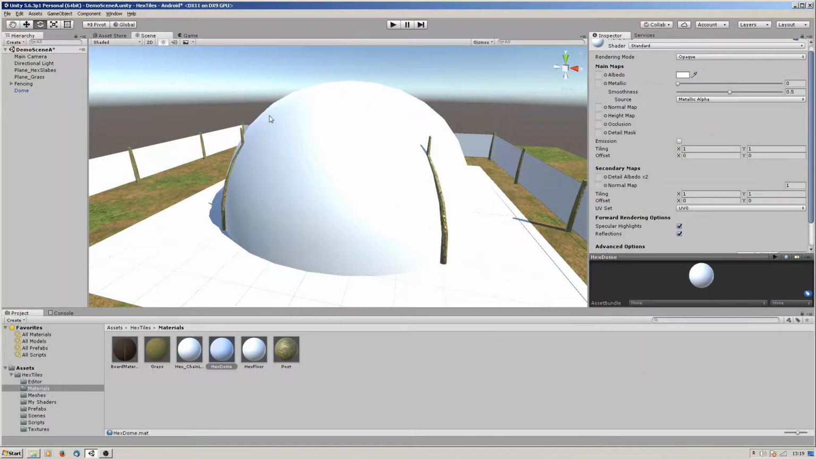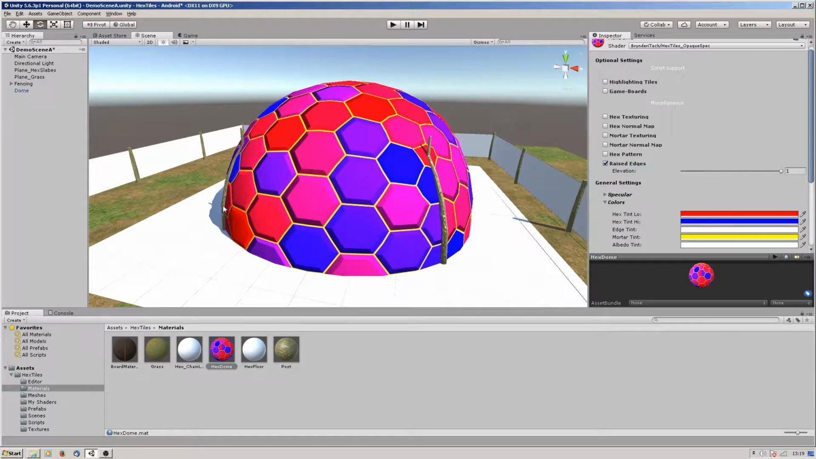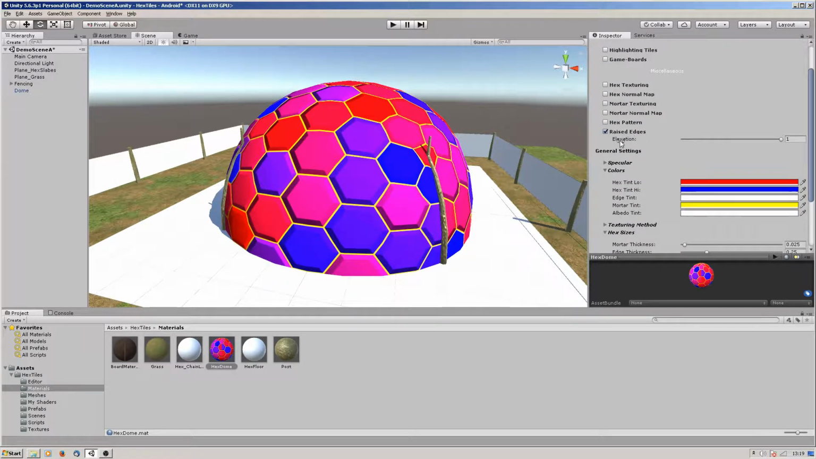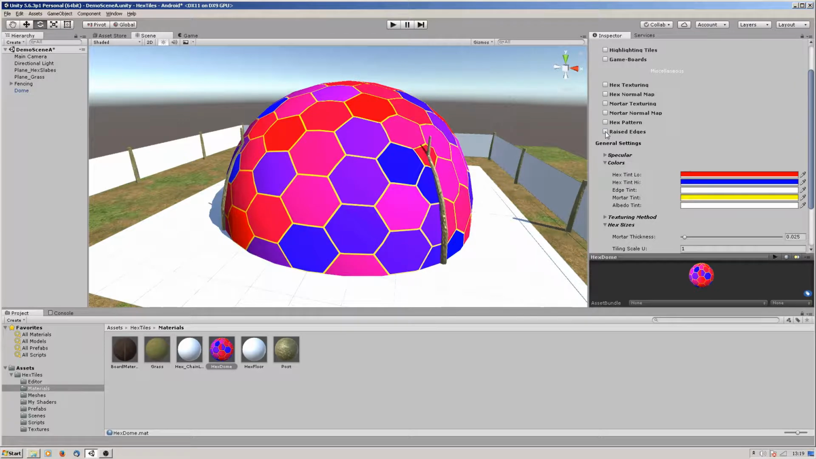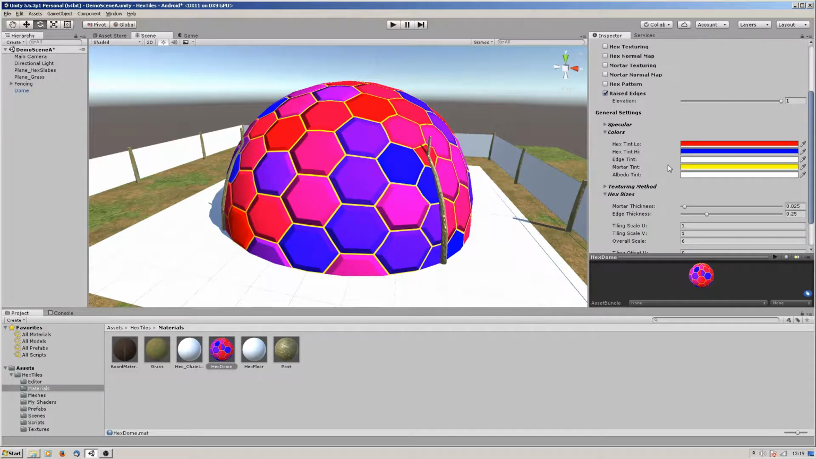Okay, so I have this dome mesh here and I want to cover it in hexagons. So let's turn the shader into a Brinderi Tech. Let's put an opaque spec and it automatically just creates some hexagons for you. If you notice, it's got a raised edge here, so if you turn that off it can just be flat color. Okay, so we'll turn the raised edge on, and in your color here it's basically randomly picking colors between the